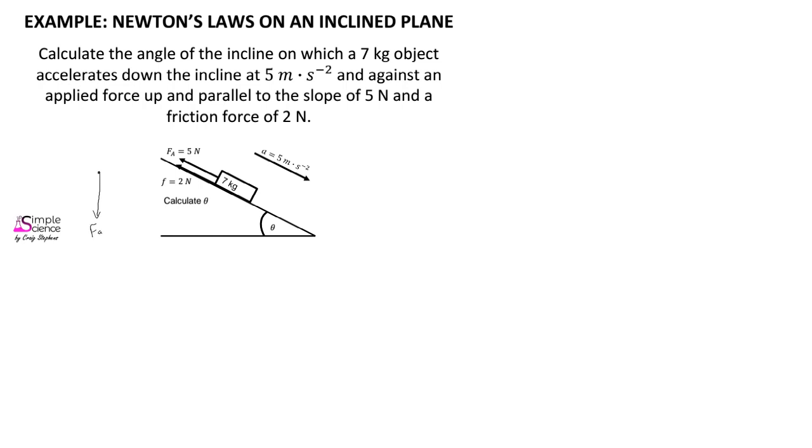can see that there's a force of gravity that acts vertically downward on this object. There is a frictional force that acts up the slope parallel to motion, and there's also an applied force of 5 newtons that acts up the slope. Because this object is on a surface, we know that there will be a normal force acting perpendicular to the surface. We would normally start a question like this by resolving our force of gravity into its two perpendicular components,